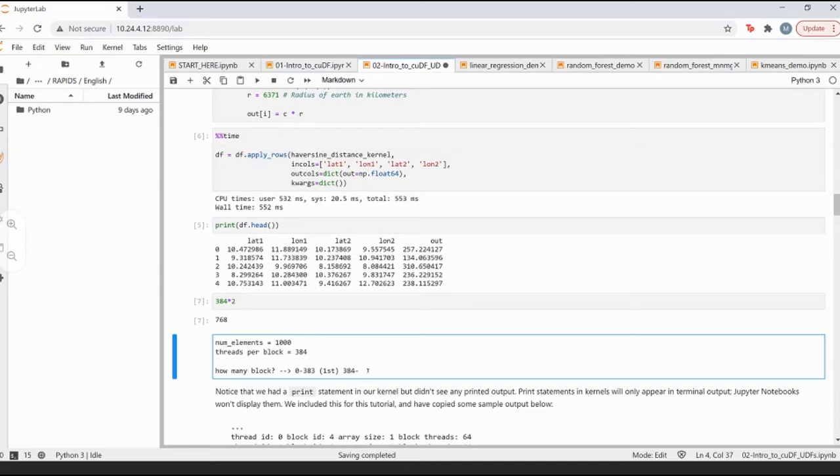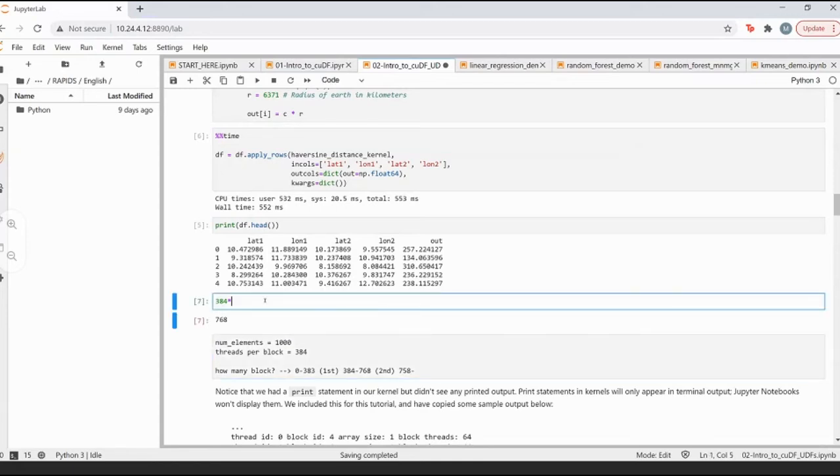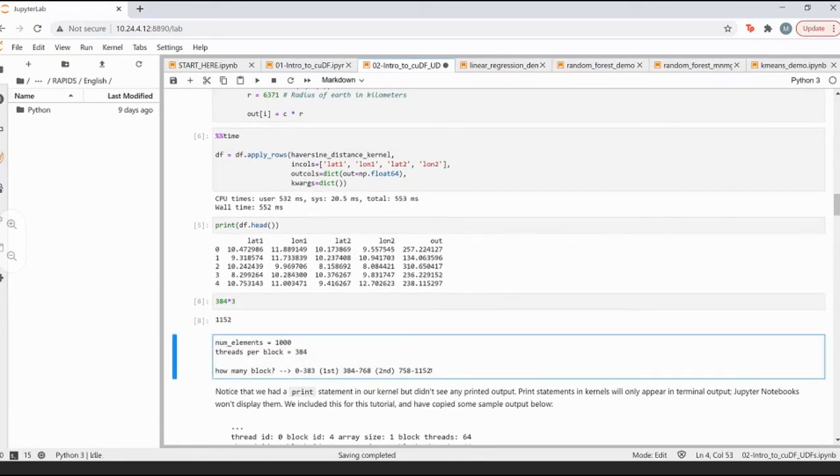So 767, sorry. And that is my second block. And my third block is basically going to be between 768 till, let's multiply this by 3, 1152. But what was the total number of elements that we had?